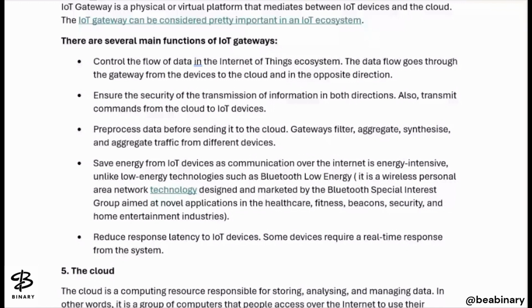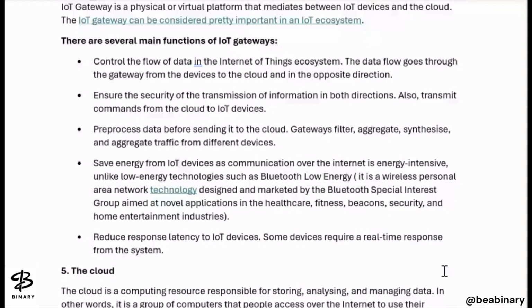It is a wireless personal area network technology designed and marketed by the Bluetooth Special Interest Group, with novel applications in healthcare, fitness, right, security. So this saves energy. Another gateway resource